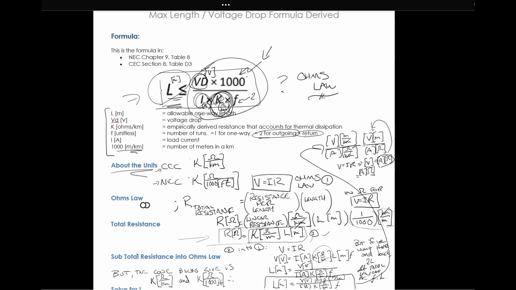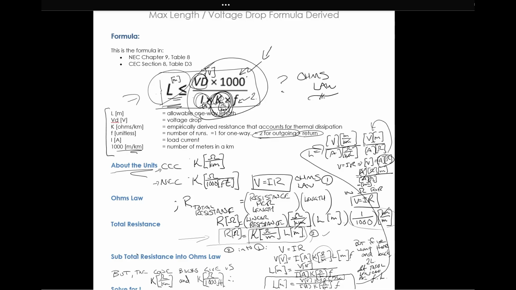Oops, that was a strange way to express that. Amps times resistance times meters over amps times resistance. Amps and resistance cross out. I am left with meters. I am left with meters. So, and that was for length. Length equals